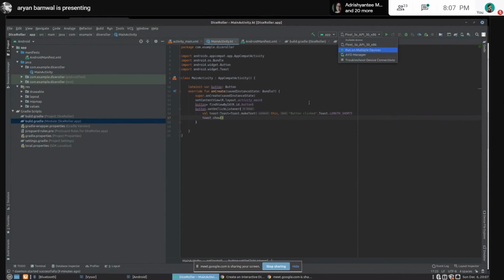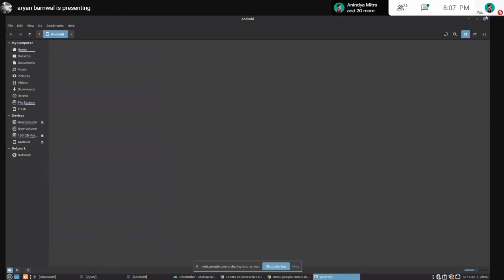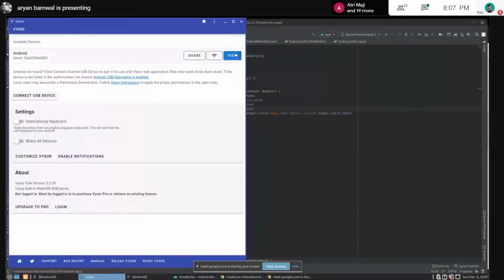Okay, I will just connect my phone here. Wait a minute, I will run it on my phone. You can see that the Xiaomi Redmi Note 5 is available as a physical device. So I will just wait. Let me open the advisor.